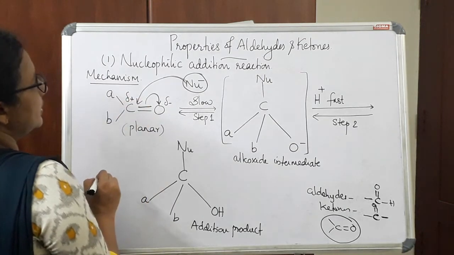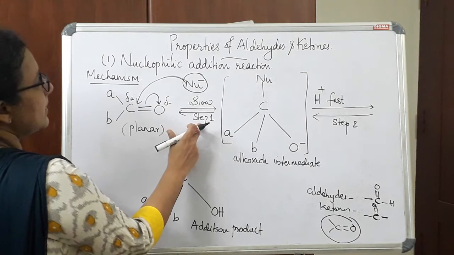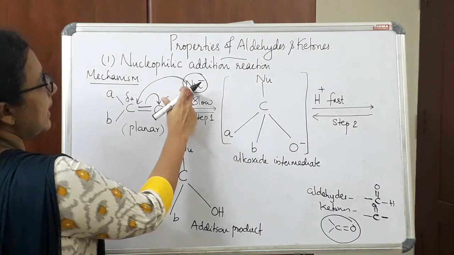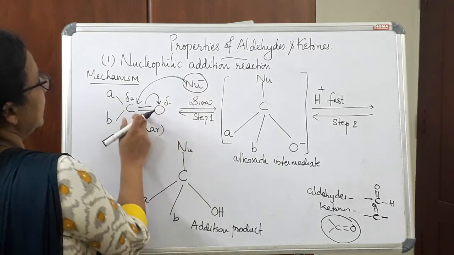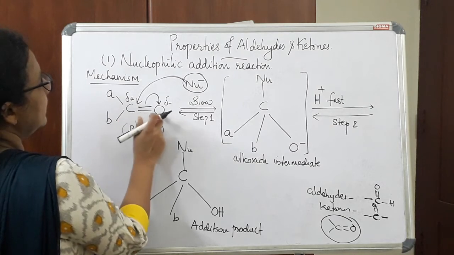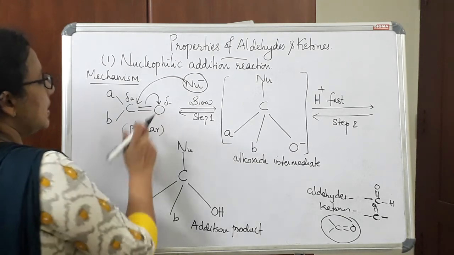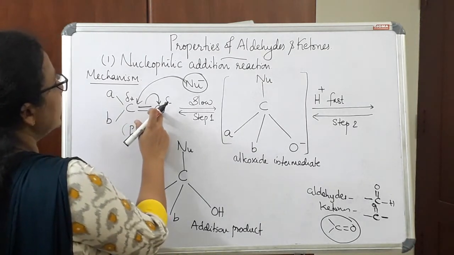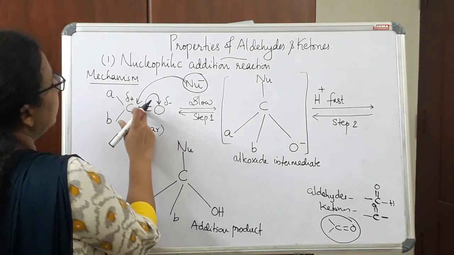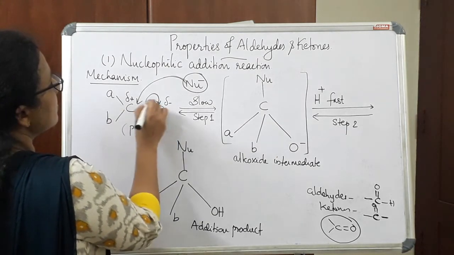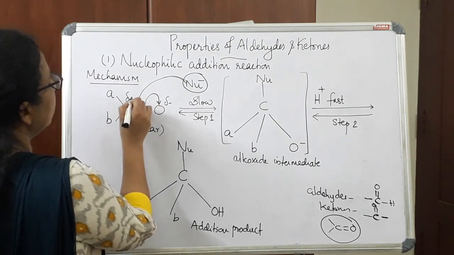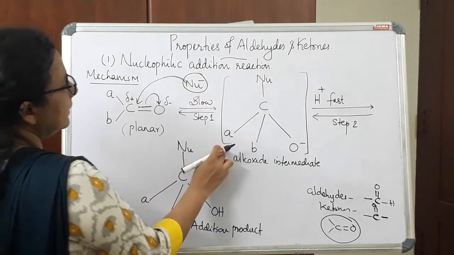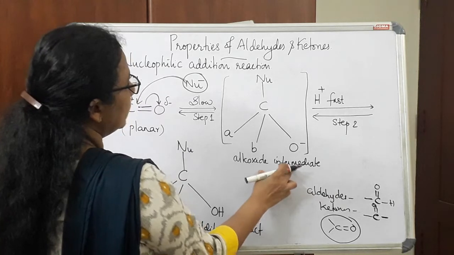a partial positive charge. So in step 1, there is an attack of nucleophile. Under the attacking influence of this nucleophile, this carbonyl group will be getting charges. So this carbonyl group is actually polar in nature, and this oxygen will get a partial negative charge because of the shift of these pi electrons towards oxygen atom, and this carbon will get a partial positive charge. So this is step 1, and the intermediate product will be like this.